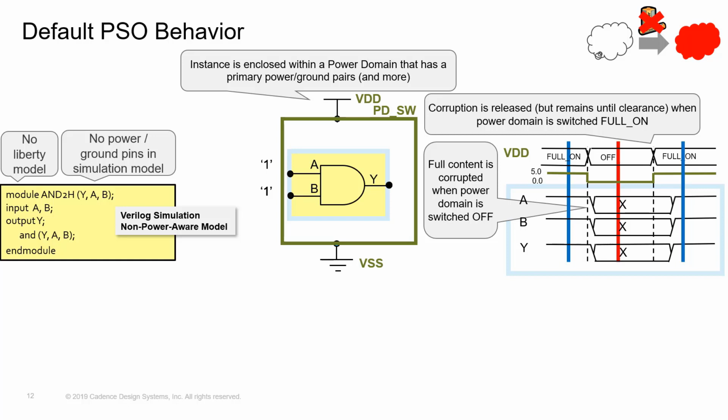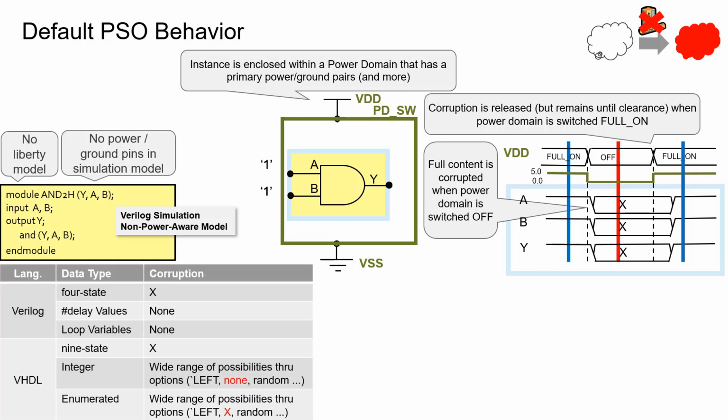So that's why you will go a little further, and it will be up to you to figure out whether you did it right, meaning that you have been able to resume all correct values on all your objects or not. And this is what the power shutoff is all about, ensuring that you are able to resume any activity after a specific domain has been switched off. Now, if you've got a Verilog 4-state, like a register based on 0, 1, X, Z, it's easy. We are going to corrupt it to X.